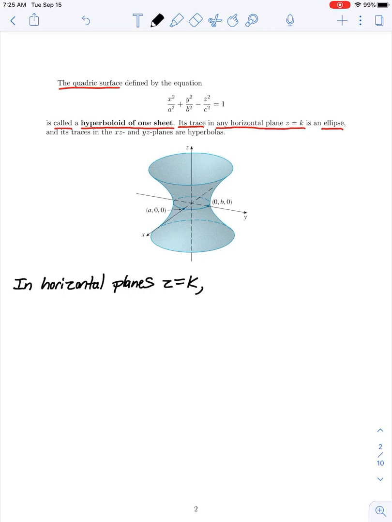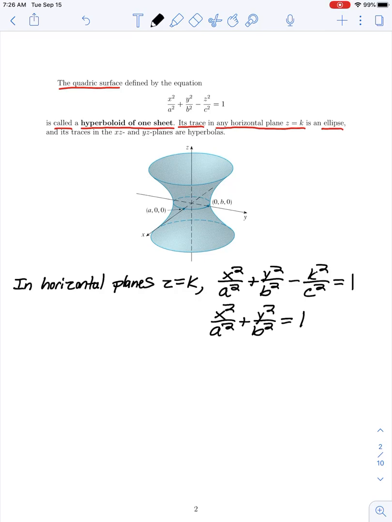So substituting a constant value, k, in place of z, we would have our equation as x squared over a squared plus y squared over b squared minus k squared over c squared is equal to 1, or moving all of my constants to one side of the equation,